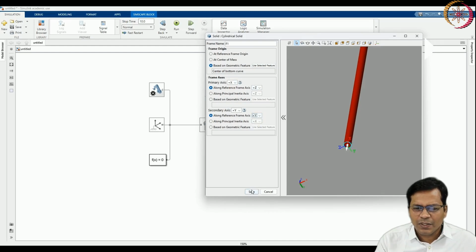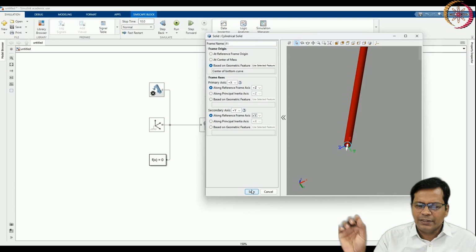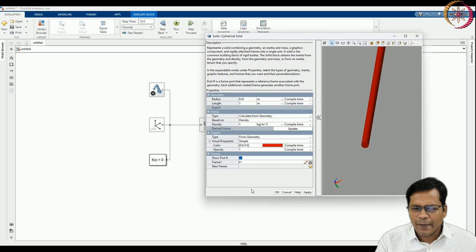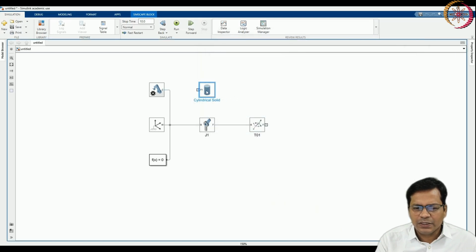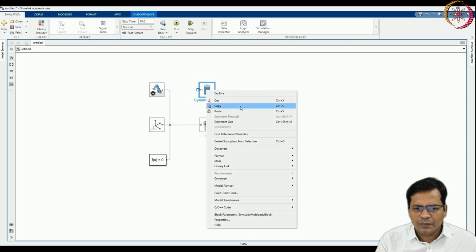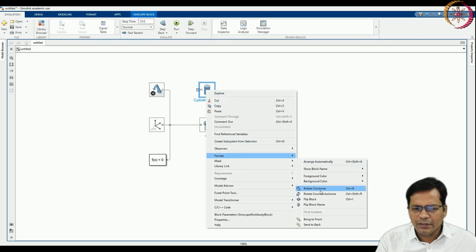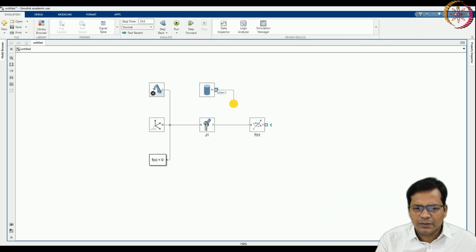Okay. You know, link length should be along x axis. So primary axis will be plus x. Okay. So this is your link and I'll connect it to the joint 1. Okay.